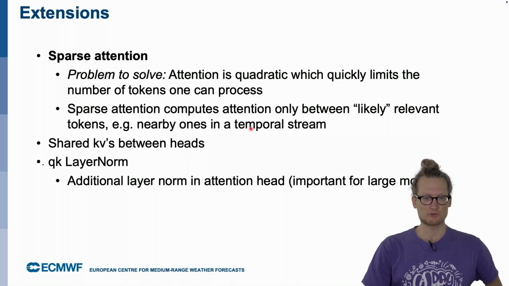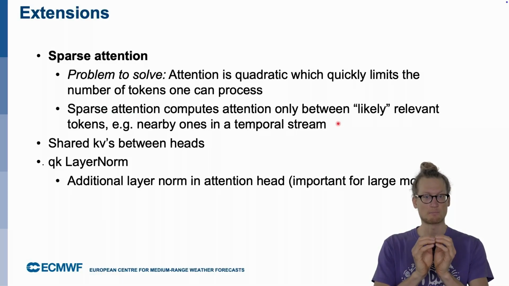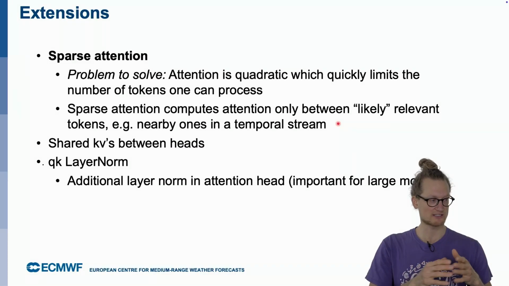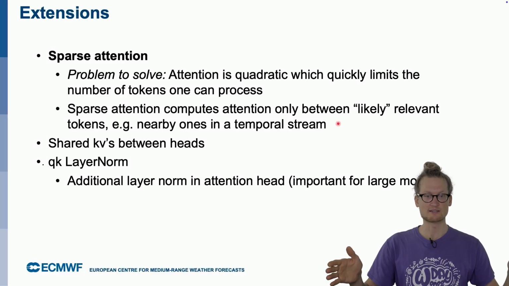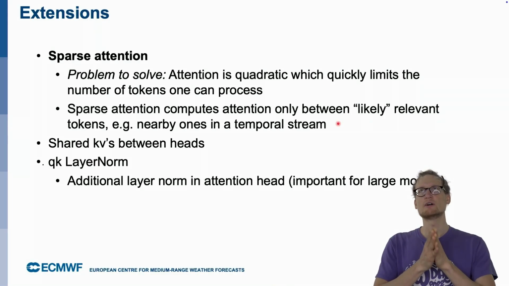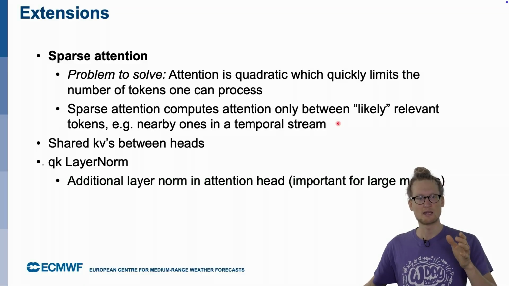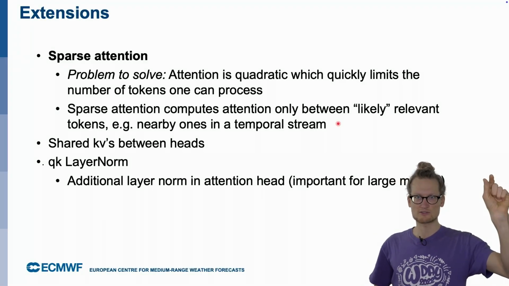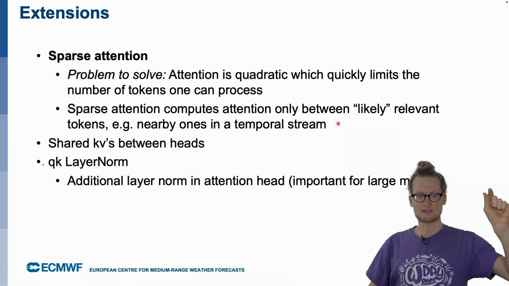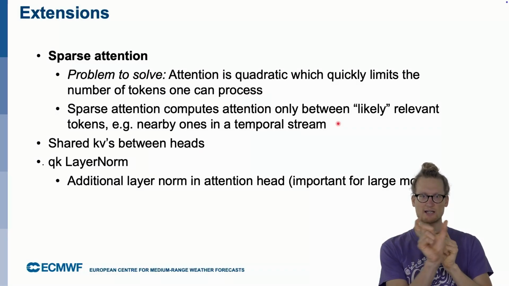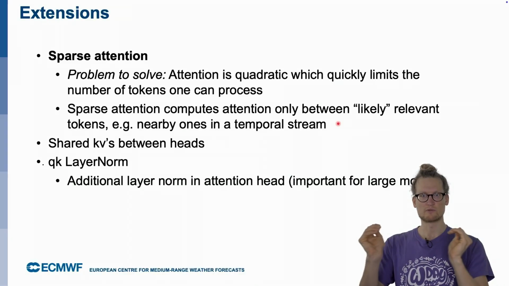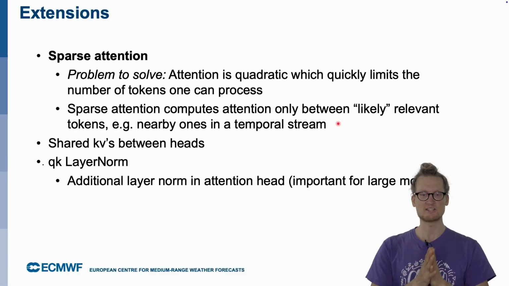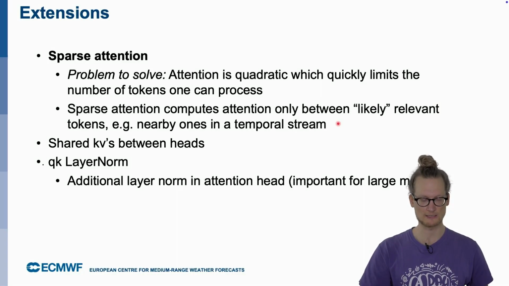So there are approaches like sparse attention, where you only compute the attention between nearby tokens. For example, if you process an entire document, then you may not want to attend the very first word in the document with the very last word in the document. Rather, you slide a window through the document where you only compute the attention over the respective window. And this narrows down your complexity substantially.